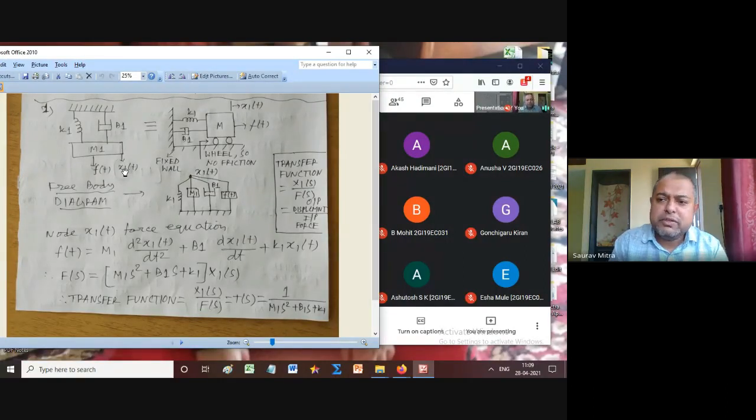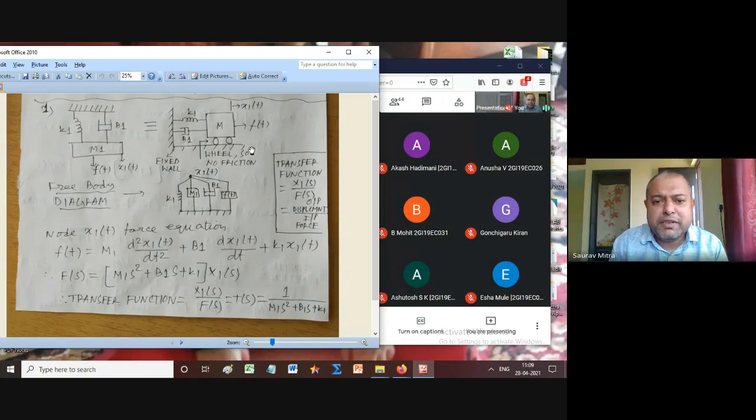So what I'll do is I will give this kind of a system, and I'll ask you to find the transfer function. Transfer function is nothing but the ratio of output and input. So here output is xt or x1t. Exactly whatever is given in the exam, that way you have to do. So this is displacement which is caused by this force. Same system in the horizontal direction can be given by this.